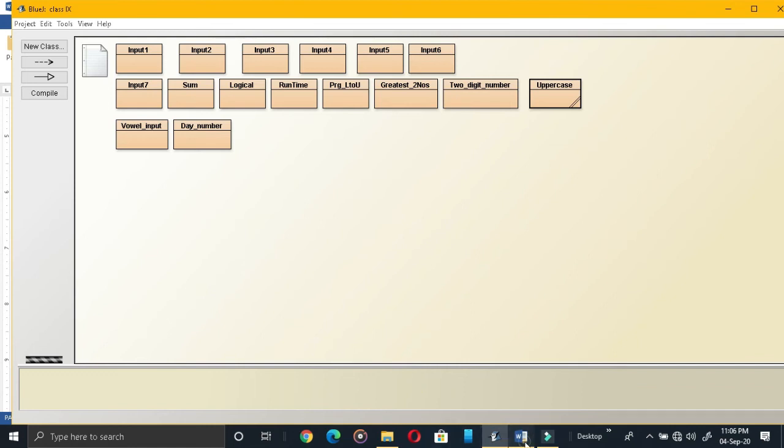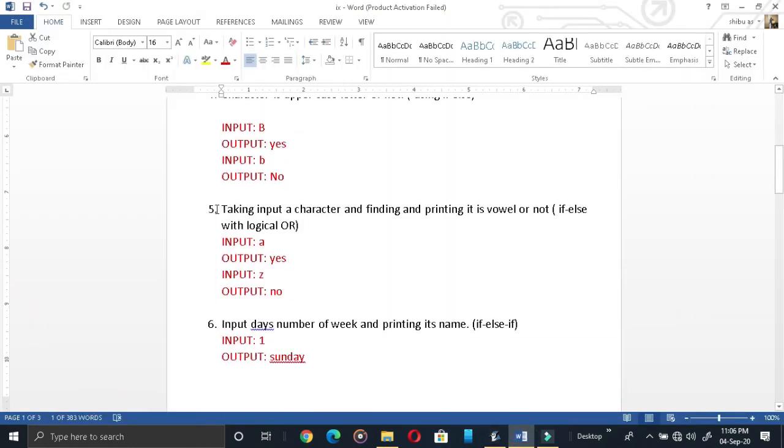Next question, the second last question, that is taking input in a character and finding and printing whether it's a vowel or not. See, taking input. Input means you need to use the scanner class. Now taking the input and printing whether it is a vowel or not.